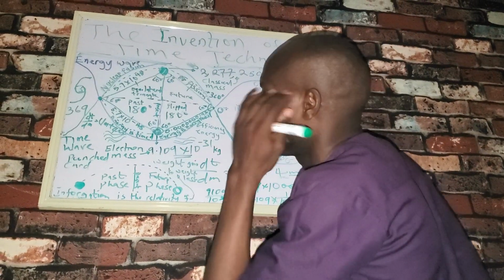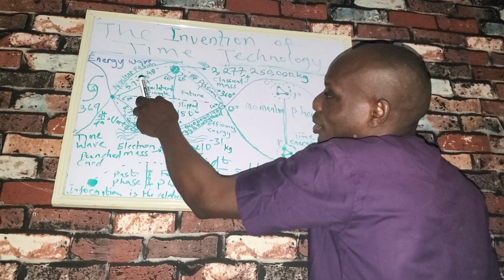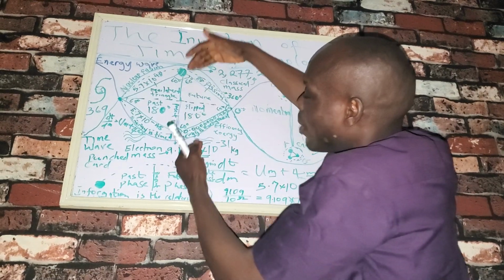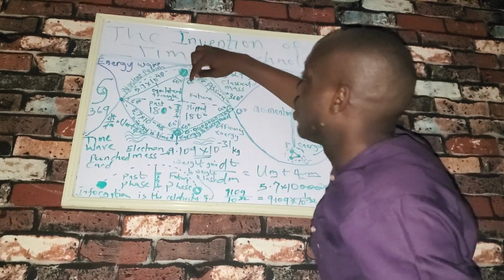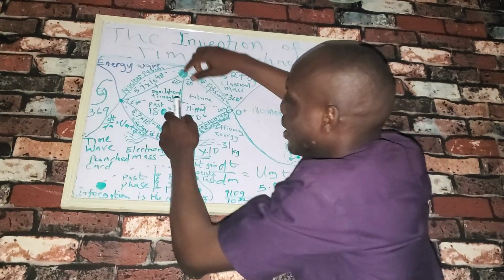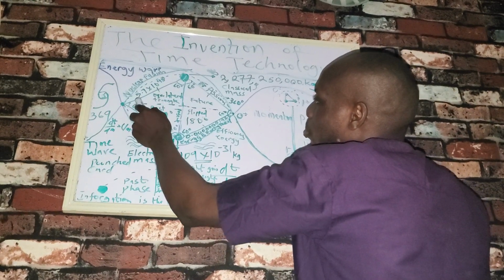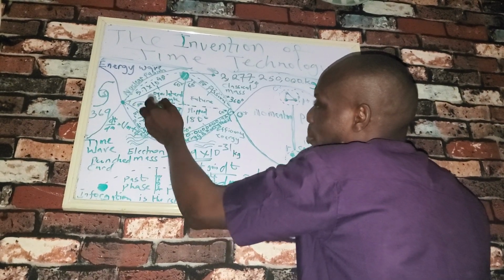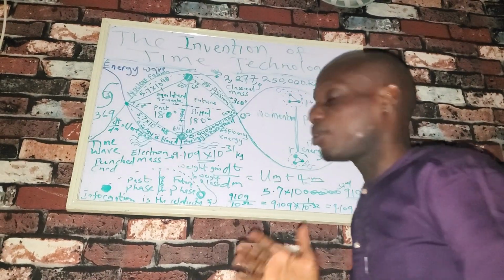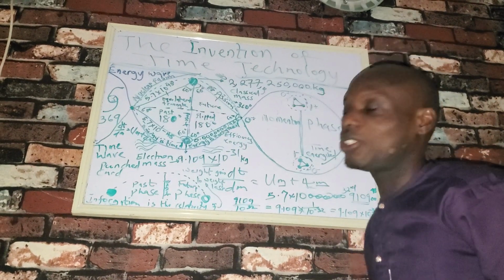What do I mean by that? The past phase represents the worth. So the worth, the trajectory of the worth, is actually moving towards the present phase. And the present phase is the reality phase, where everything is instant. And that is the transiting point between the past and the future. So the present is the phase of reality, and then the future is the phase of energy, and we have seen that already.